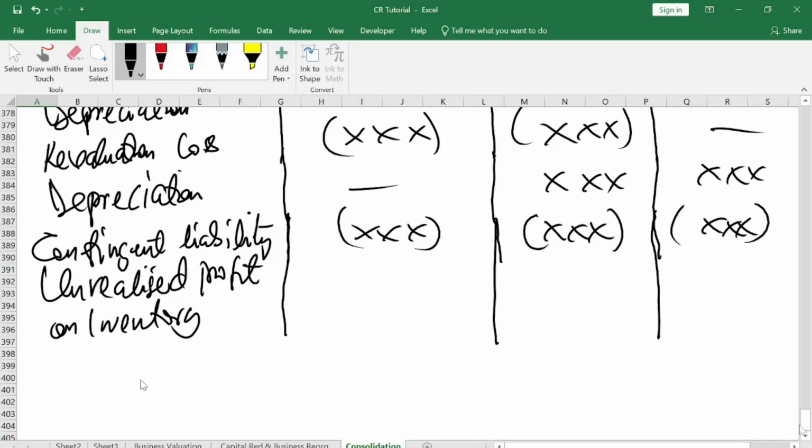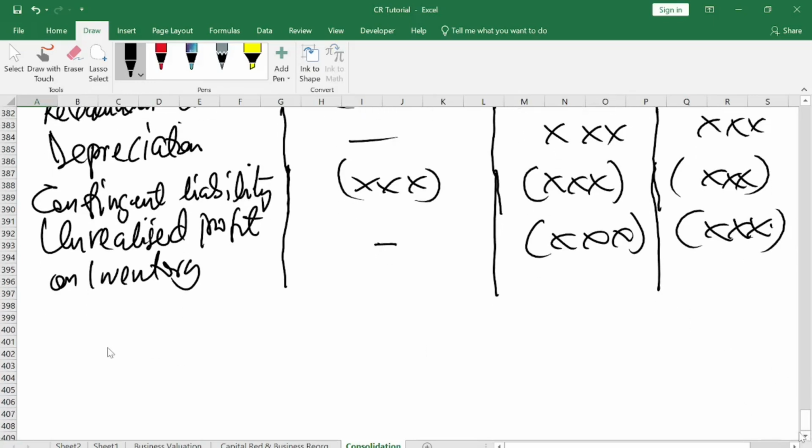So with this one, it is simple. Here will be nil, yeah. Then you less it: provision for unrealized profit. You will less it here. What is provision for unrealized profit? When you say provision for unrealized profit, what do you mean? We say that two companies can trade; you have company A trading with company B,